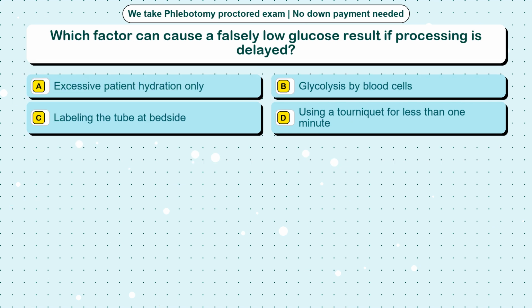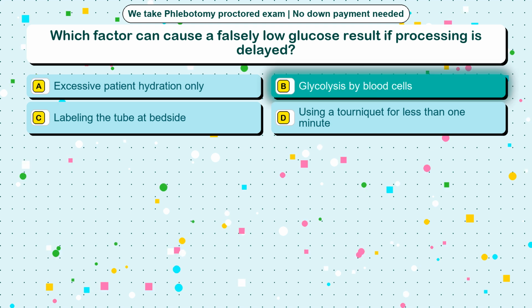Question 24. Which factor can cause a falsely low glucose result if processing is delayed? Option A, excessive patient hydration only. Option B, glycolysis by blood cells. Option C, labeling the tube at bedside. Option D, using a tourniquet for less than 1 minute. The correct answer is option B,